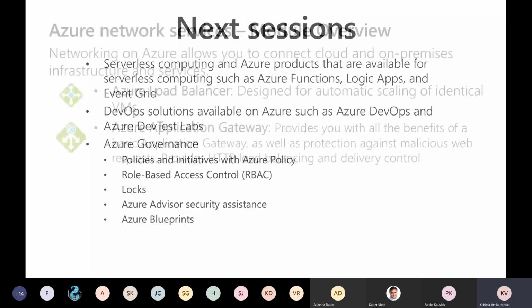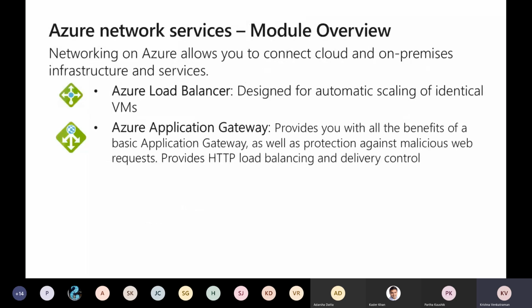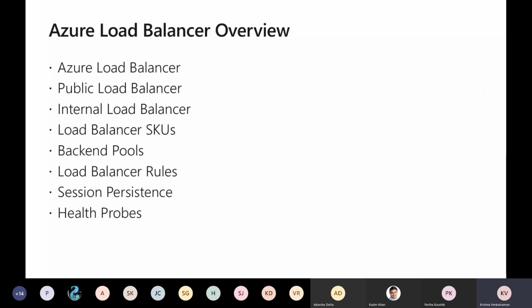I think last week we looked at one of the 2 services. One is the load balancer, which is a layer 4 internal facing or even public facing type load balancer, which takes care of TCP, UDP, HTTP, and HTTPS type traffic. And we also looked at different types of load balancers, the public and internal, the queues and backend pools, and we also looked at health probes. So this week is going to be a very interesting topic,